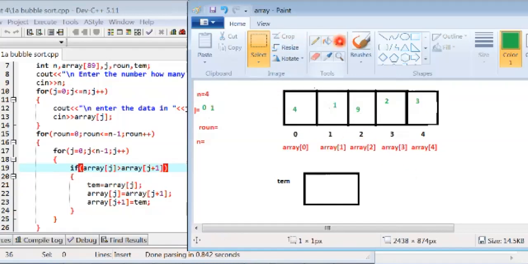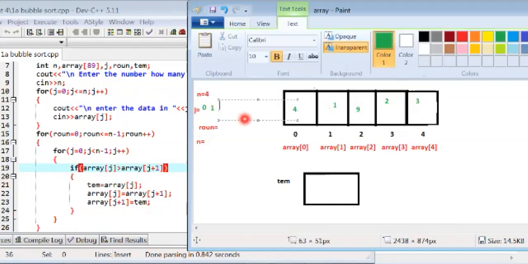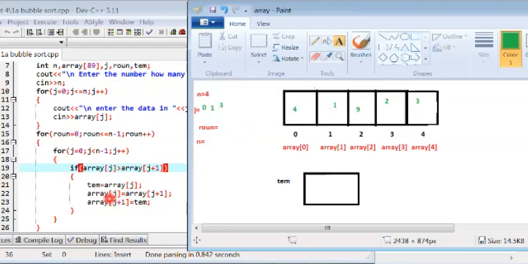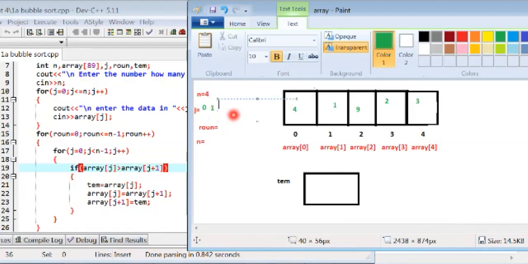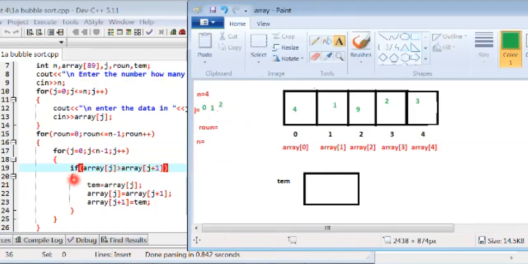The value of j is 2. The value of array j is 9 and the value of array j plus 1 is 2.